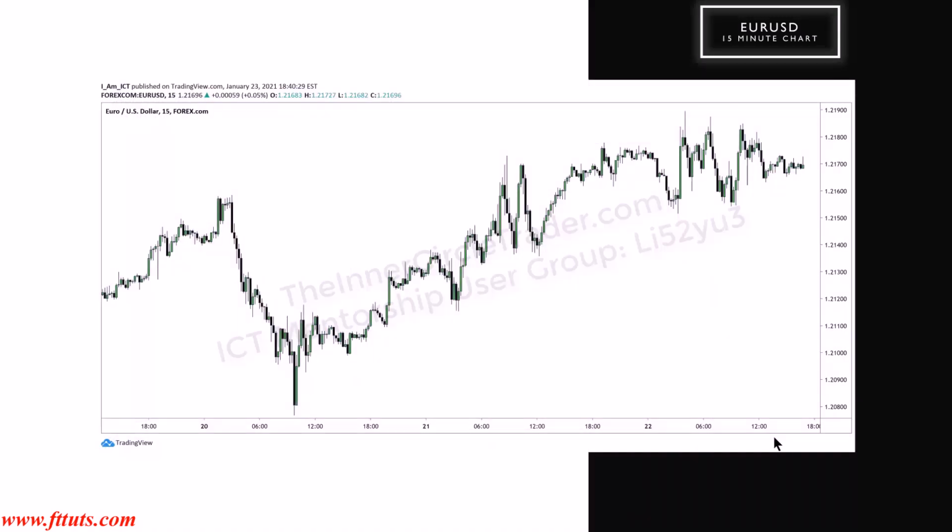All right, so here's the 15-minute time frame on the euro dollar. If you're not ready, pause the video. All right, so here's the buy side liquidity pool here. And this is that low to high. This is that dealing range. Once we had displacement on the upside, see the energy it had here?